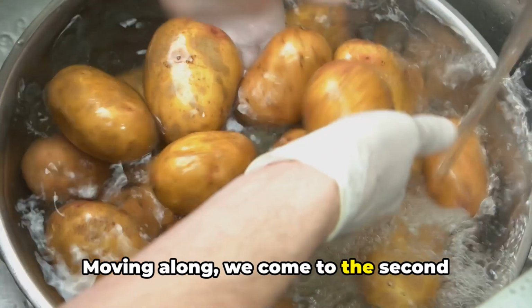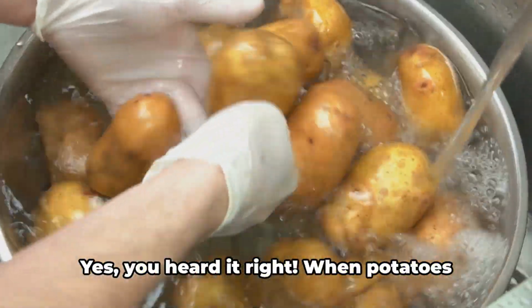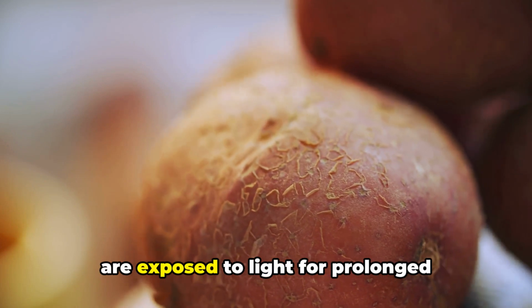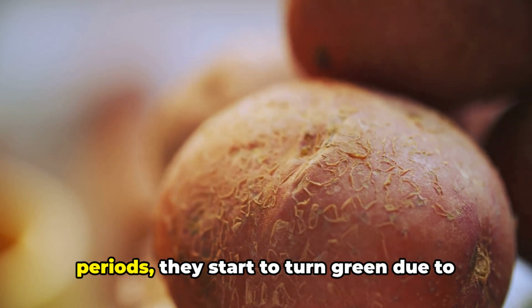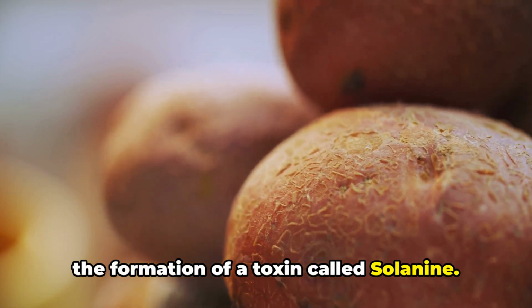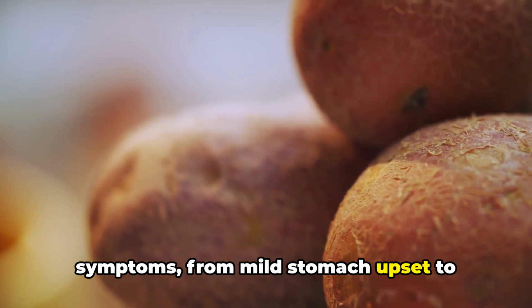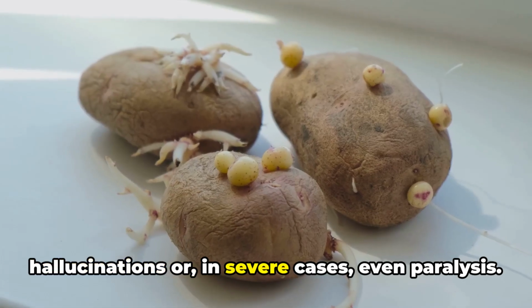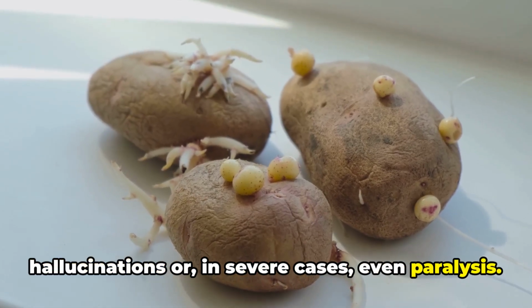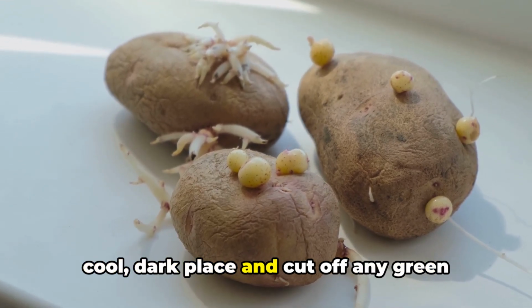Moving along, we come to the second common food on our list, the green potato. Yes, you heard it right. When potatoes are exposed to light for prolonged periods, they start to turn green due to the formation of a toxin called solanine. This toxin can cause a variety of symptoms, from mild stomach upset to hallucinations or, in severe cases, even paralysis. So, make sure to store your potatoes in a cool, dark place and cut off any green